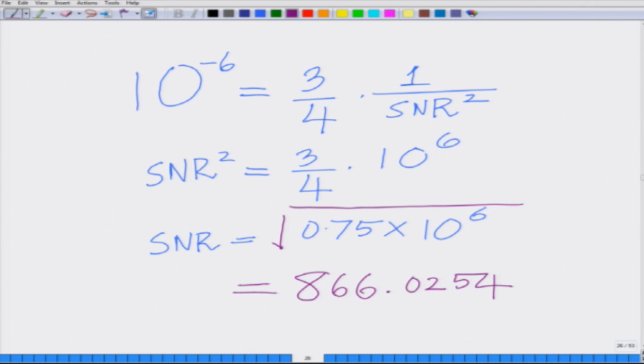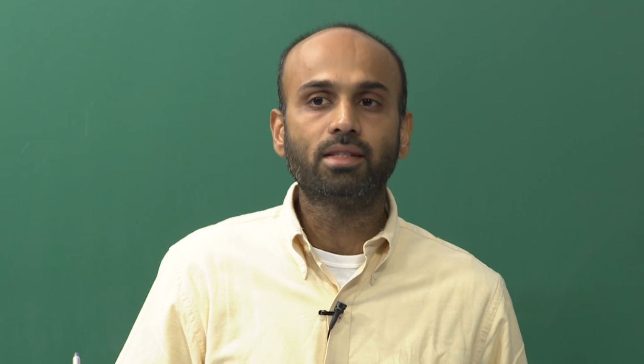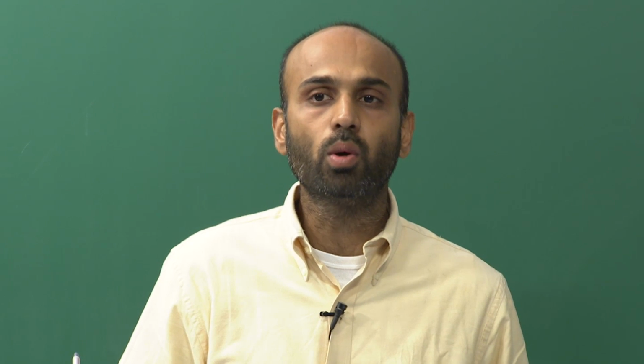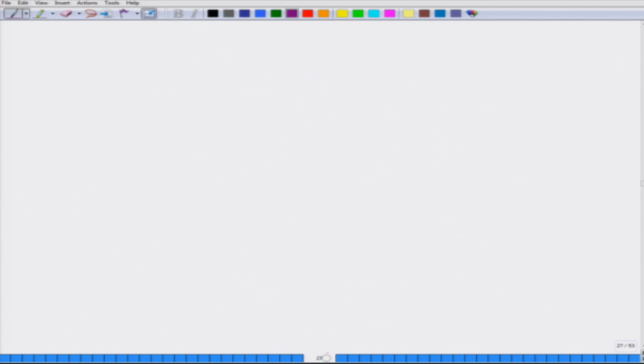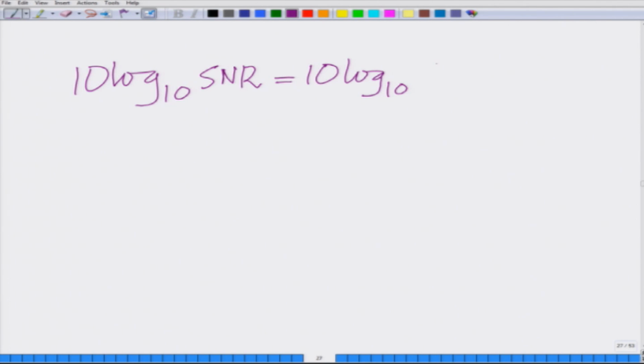866.0254. So, the required SNR to achieve a bit error rate of 10 power minus 6 in a wireless system with L equal to 2 antennas is 866.0254. Now we want to convert this into dB, therefore the SNR in dB is 10 log 10 of SNR, equals 10 log 10 of 866.0254, which is basically equal to 29.37